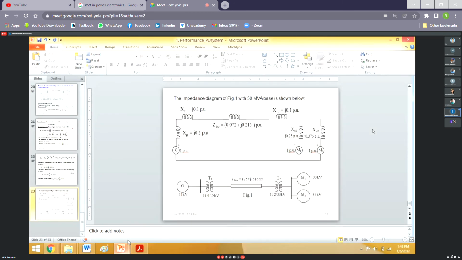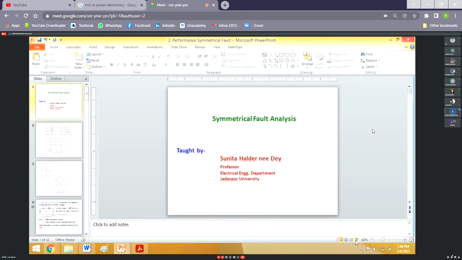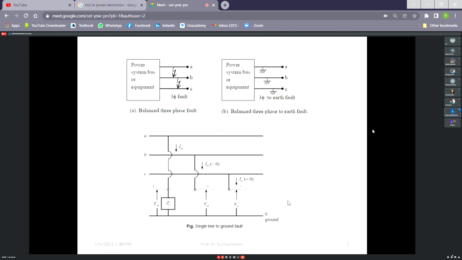So let us now find its application in the fault analysis. Before that, we should know what a fault actually is. So a fault actually is any abnormal condition. Abnormal condition means abnormal voltage, abnormal current. Maybe voltage high, current low, or maybe current high, voltage low. Generally in power system analysis, we are mostly concerned about the short circuit analysis. When current is high, voltage is low. But the reverse is also there. So voltage is high, current is low. That example is the Ferranti effect.